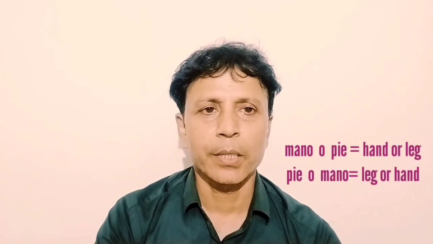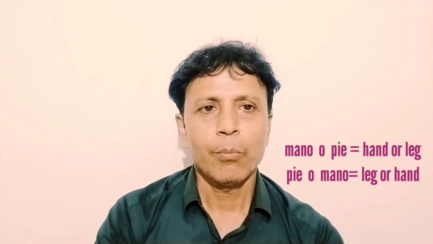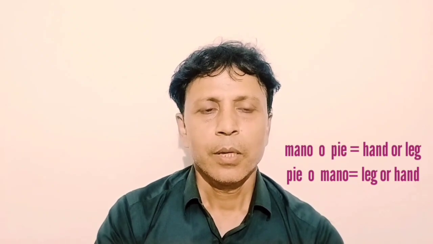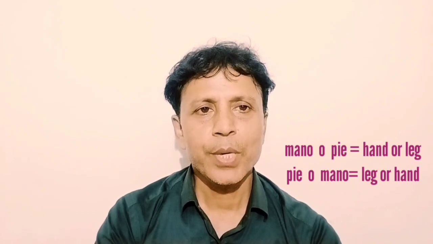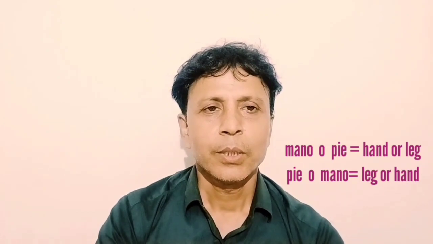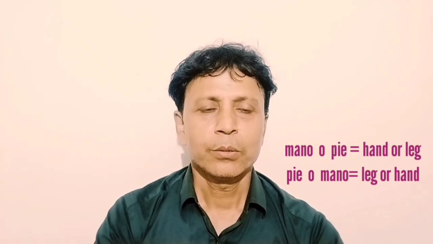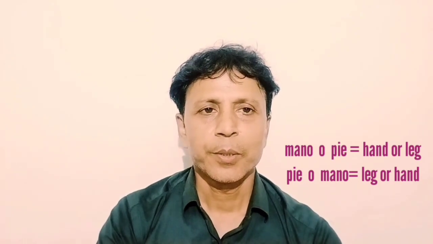If we say hand or leg, so it will be mano o pie. If we say leg or hand, pie o mano. In these cases, the words which are added with or don't have o sound at the beginning. But if we say